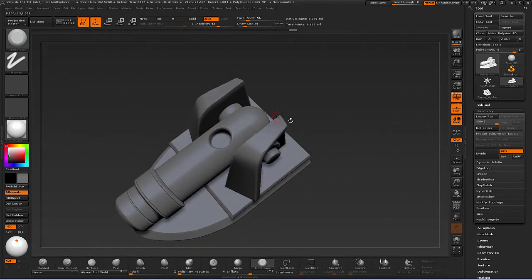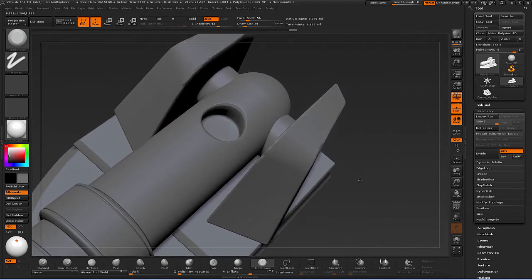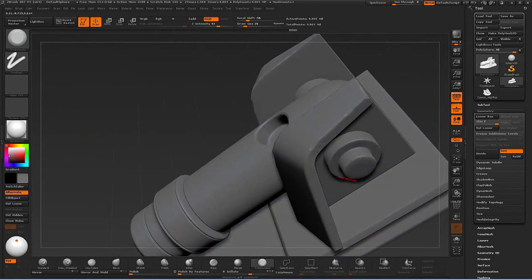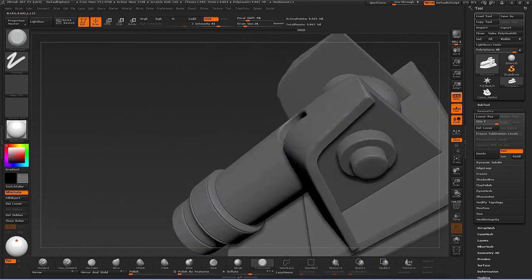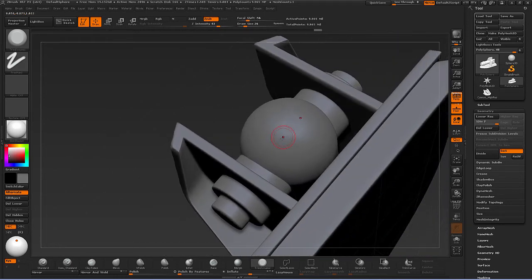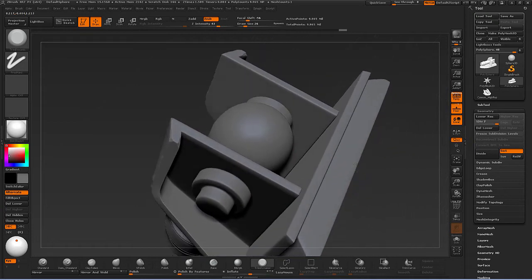I'm also sculpting with symmetry. If you don't want symmetry on your model, you can tap X and you can turn off symmetry for that. And if you want to turn symmetry back on, just tap X and you should see your cursor on both sides here like that. So we'll do this,